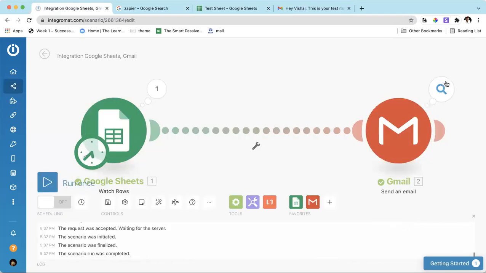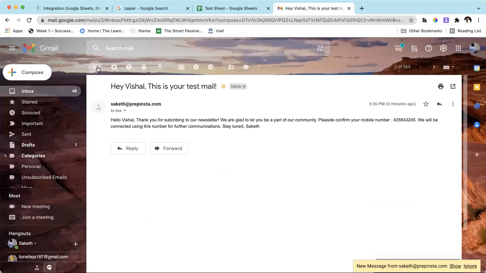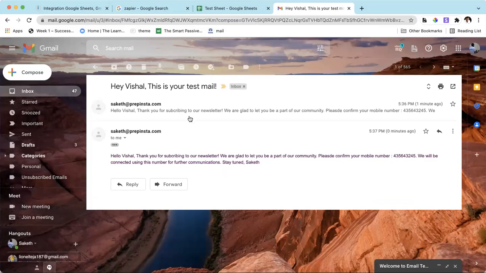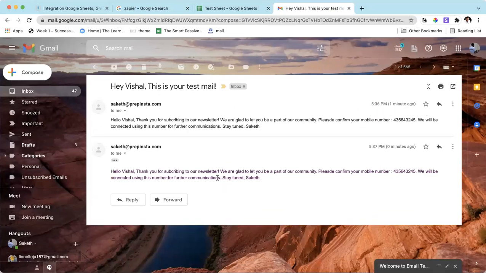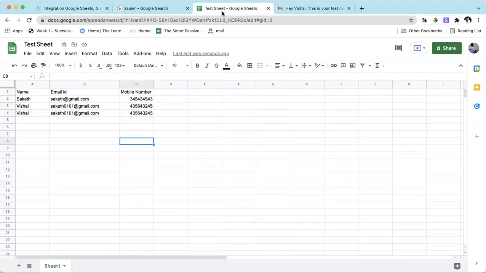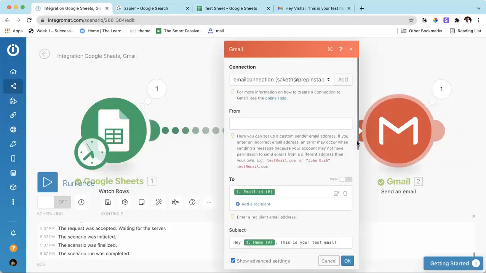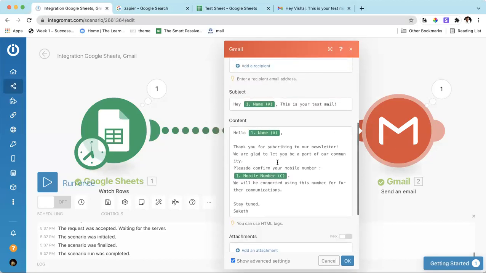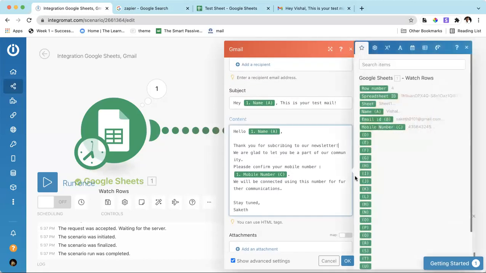Okay, the mail has been executed. Yeah, I got another mail. See, now this is entirely different from the first mail. Okay, I don't know why the HTML code has been executed. Oh, it hasn't been saved.